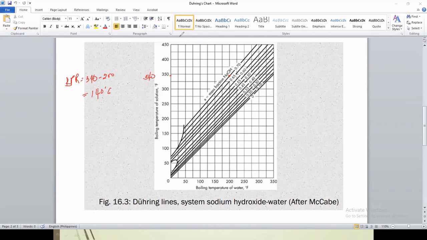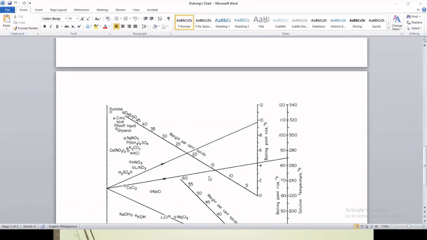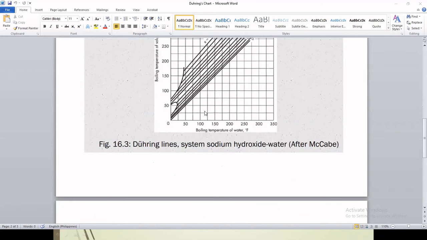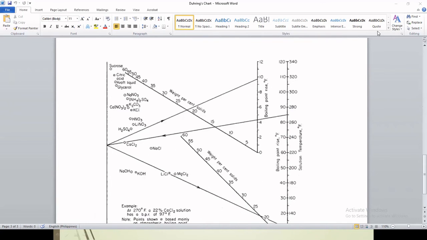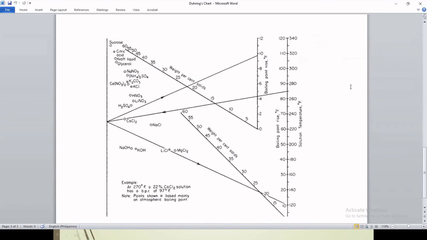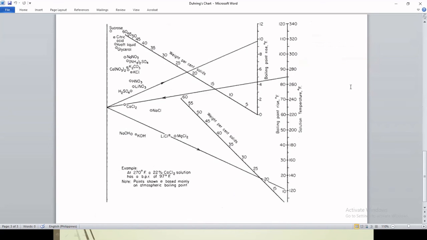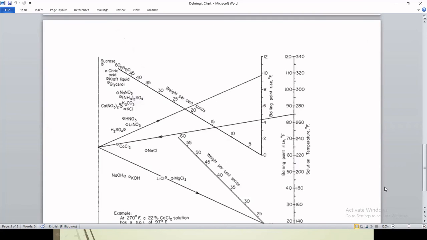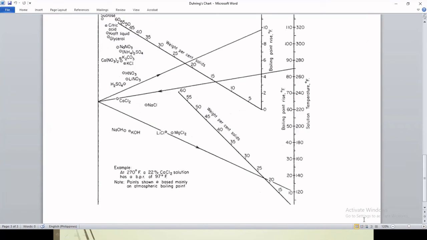So if you have your handbook, please, let me check if I have here my handbook. Give me a minute. Anyway, more or less they are the same. This is the way it looks. This is the way your Duhring chart in your handbook would look like. So I'm sharing this to you, that way you will be familiar with the chart that you will be using later on in the board exam in your handbook. So what do you have in here? Let me check if I can increase.